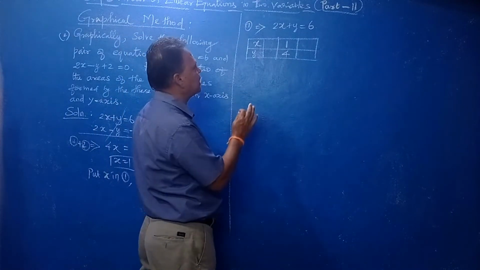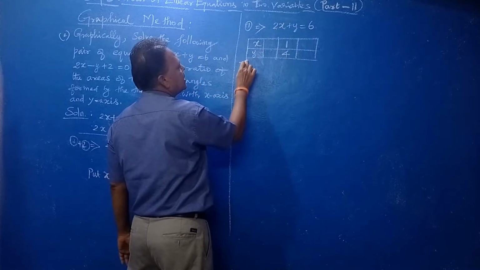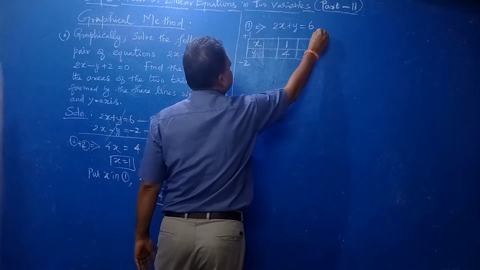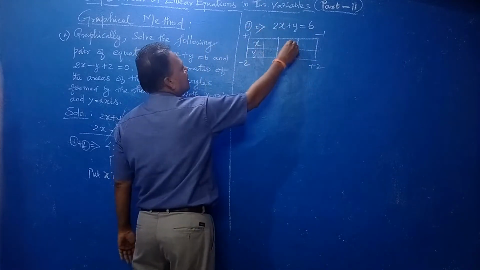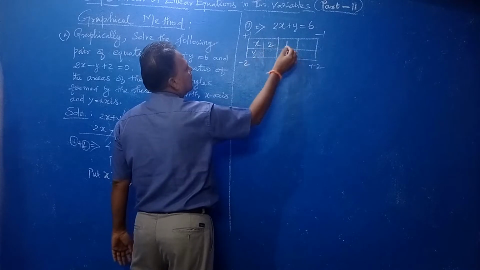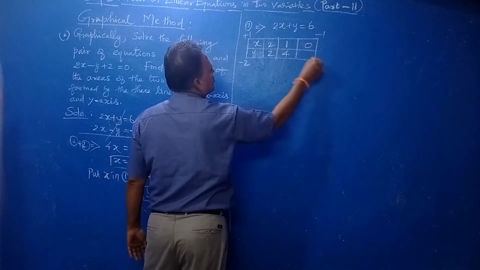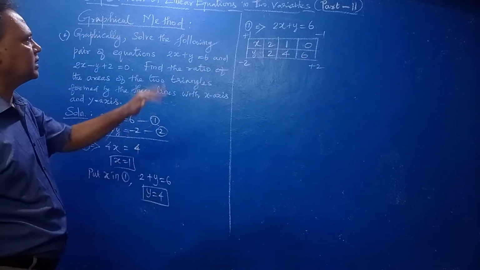Okay, simple method. So here x coefficient 2 right below means change the sign and write. Y coefficient plus 1. Bring this side minus 1. Bring this side plus 2. Right? Now just add, how much? 2. Here how much? 2. Right? Here 0. So here 6. Okay, easily you will get it.